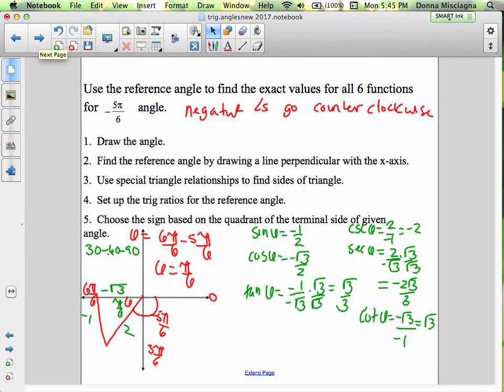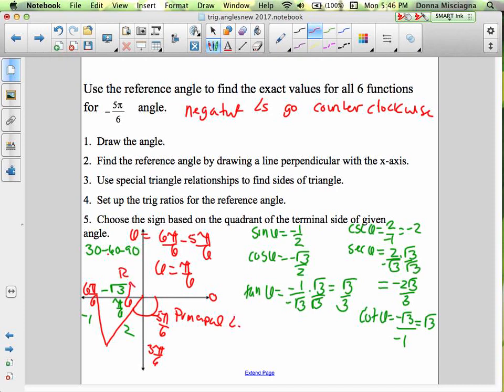We're getting a little faster with this, aren't we? All right, so you just draw the angle. Technically, the angle that I'm drawing is the principal angle. This is the angle that we're given. What we use to evaluate is our reference angle. So if we looked at the others real quick,